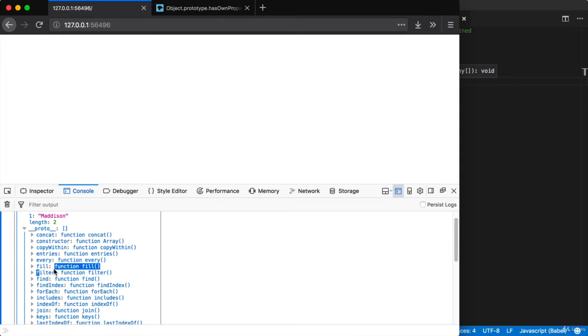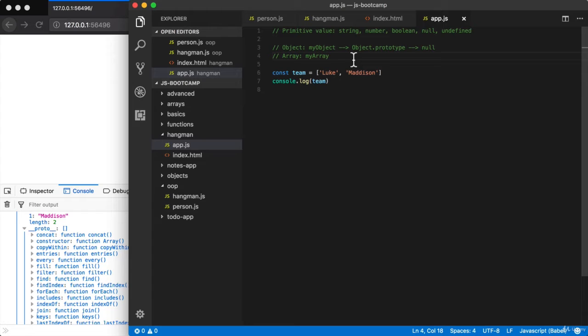We have things like filter. We have things like find index. We have things down below like for each, includes. All of them are listed here. This is why all of our arrays have access to that shared set of methods. So we can tweak this comment a little bit. Right here, we know that we have my array. After that, we have